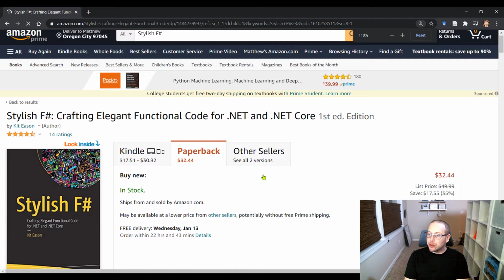I love this one. If I'm talking to a developer who's never programmed before, this is often where I start. Kit did a really fantastic job describing F# style and how to think in an F# way. I think this is probably one of my most formative books in helping me understand what I had been seeing but not perceiving. I've been writing F#, I'd been productive in F#, and what Kit did